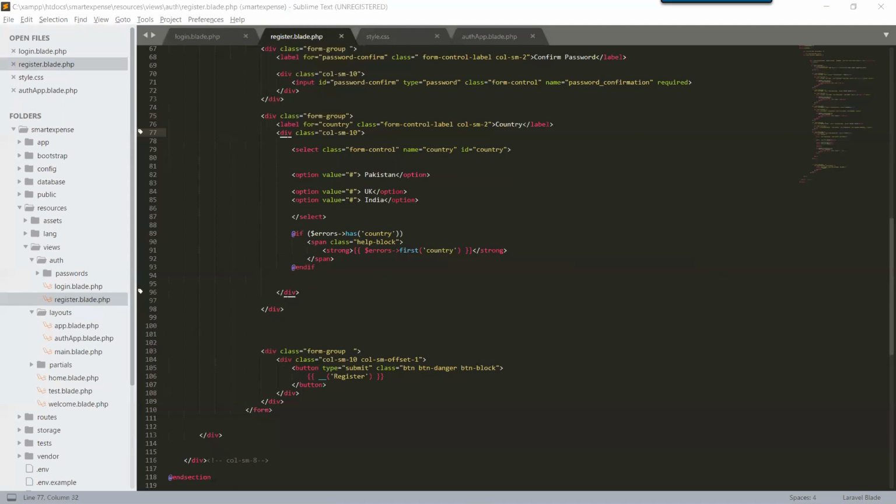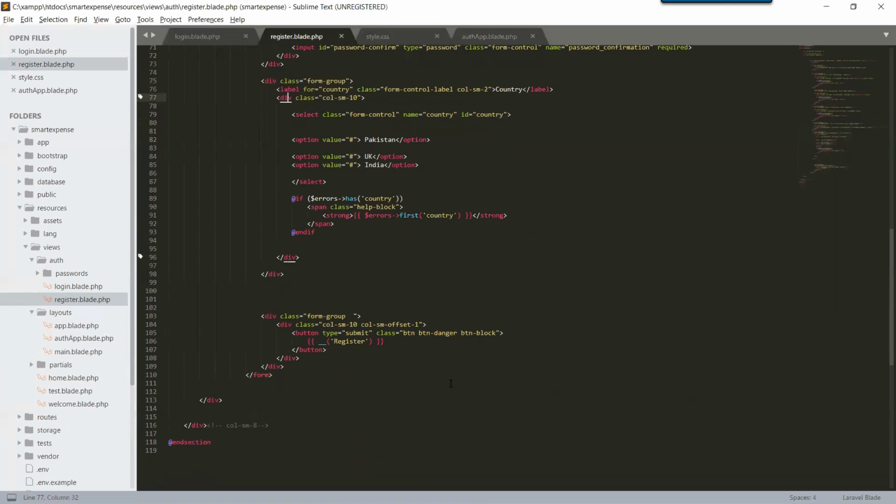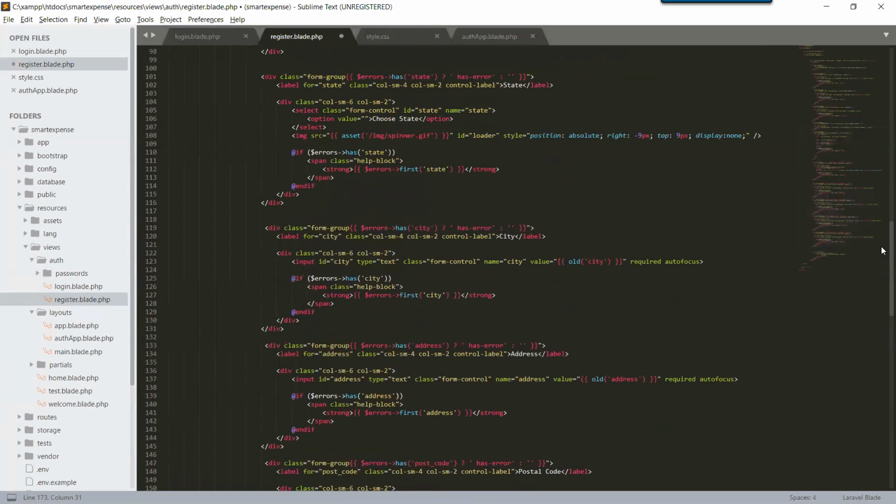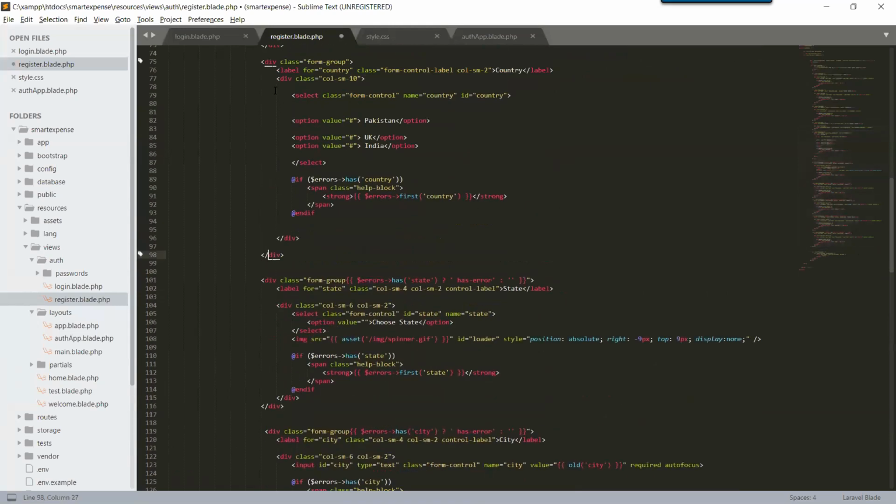So right now for other category fields, let's copy some text, and I'm very lazy at the moment. So let's add these fields. I will show you one by one. So we have just added our country, and now remove this from form group. These are the errors, and now we have a form state and column. Remove this column,